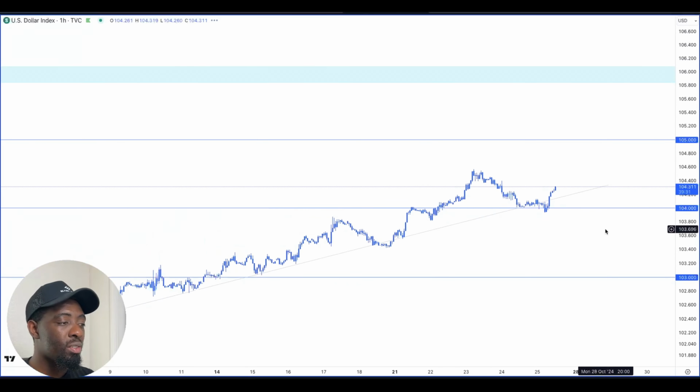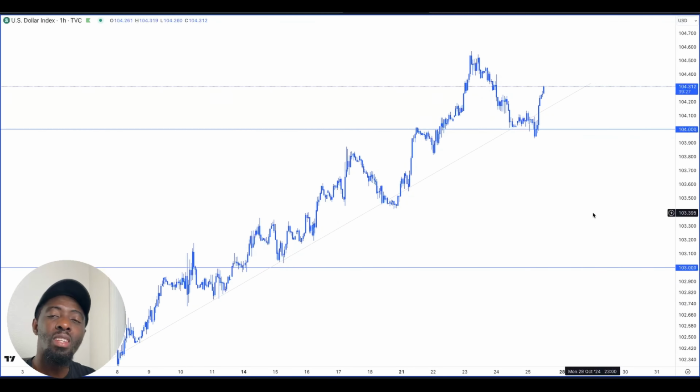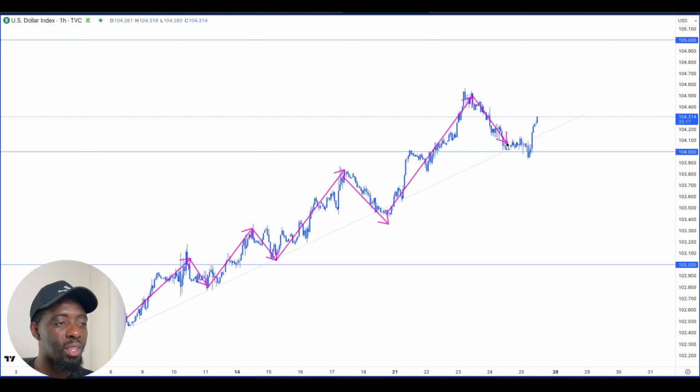There's not much of a difference compared to what's happening on the 4 hours, so it just gives you more price action to work with. So look at this right now. You have your impulse, you have a correction, impulse, correction, impulse, correction, impulse again, correction, right around this psychological level of 104. The next level has to be 105, but pay attention to this area right here,